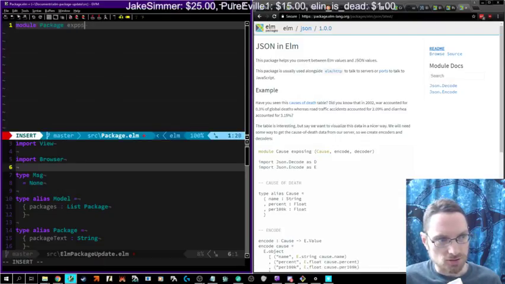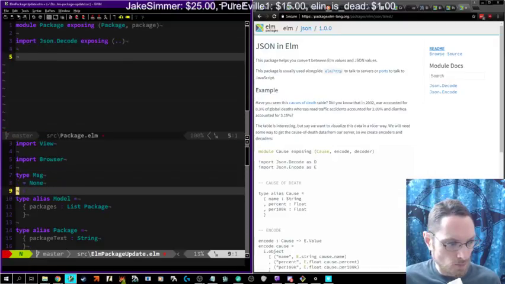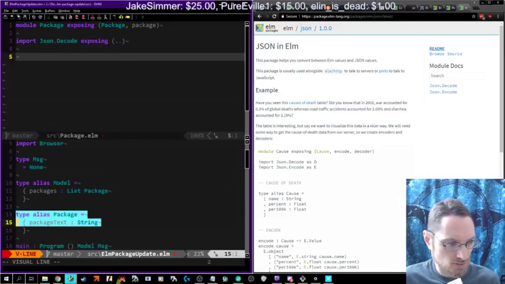Module package exposing package, import JSON decode. All right, we've got the package type,